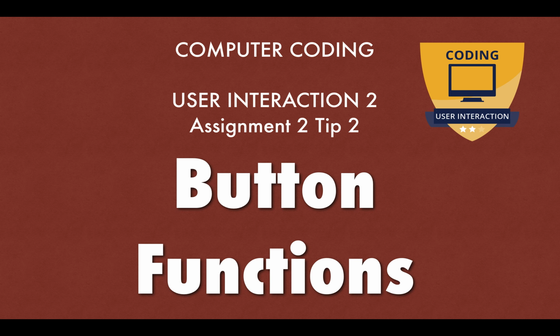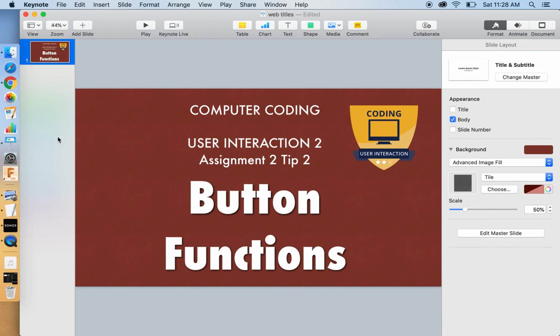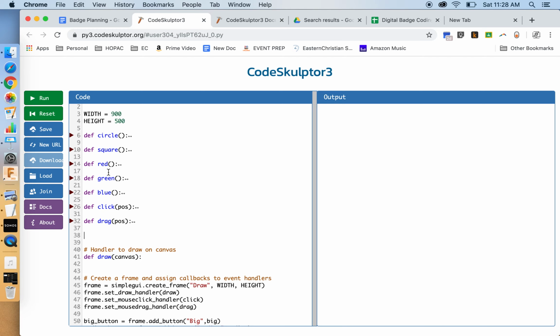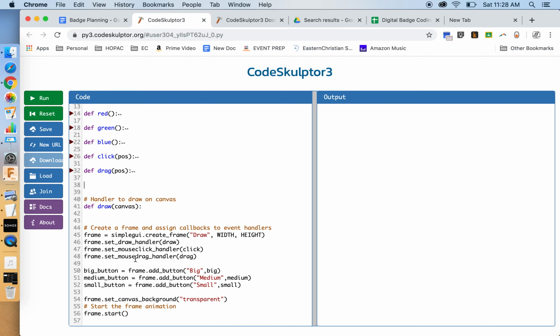Let's take a look at the first piece of this, which is to add functionality to the buttons that we have in this assignment off on the side. I have a bunch of functions already created, but I'm not going to use those right now. What we want to focus on is just the big, medium, and small. So we have three buttons that exist. You've probably created all the rest of them, but I currently just have these three. And so it needs to have a function